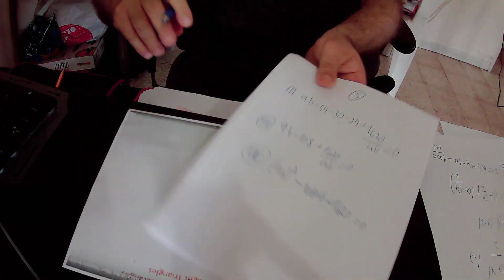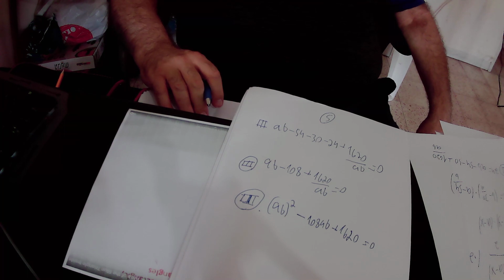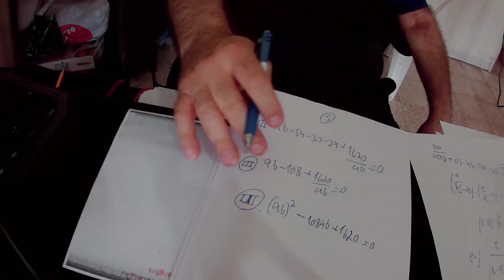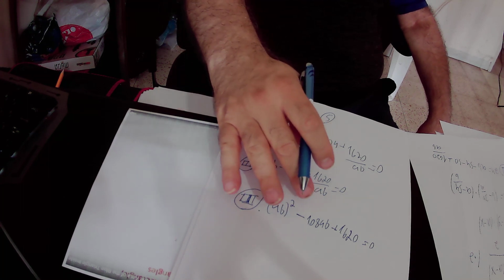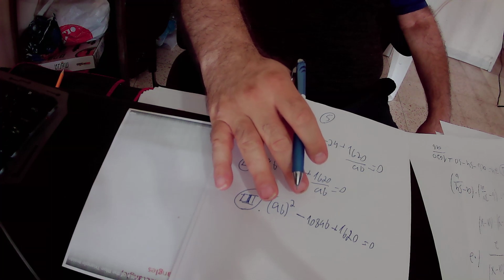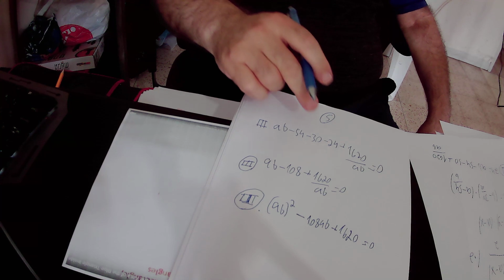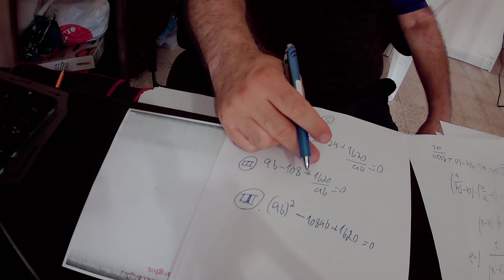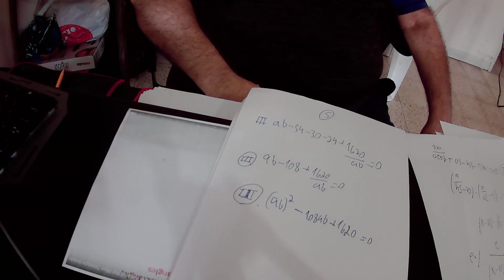So here we multiply both sides of the equation by AB. AB times AB is AB squared. Negative 108 times AB will be negative 108 AB, and 1620 over AB times AB will be 1620. So we have here a quadratic equation,